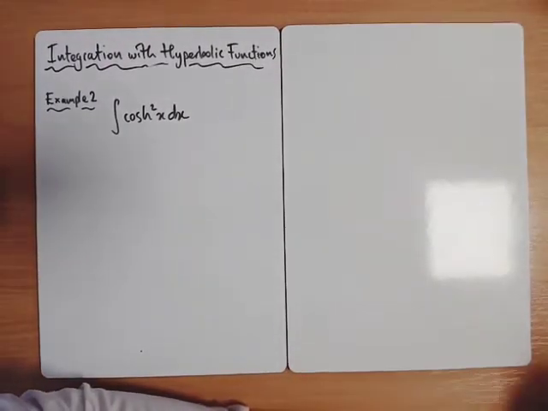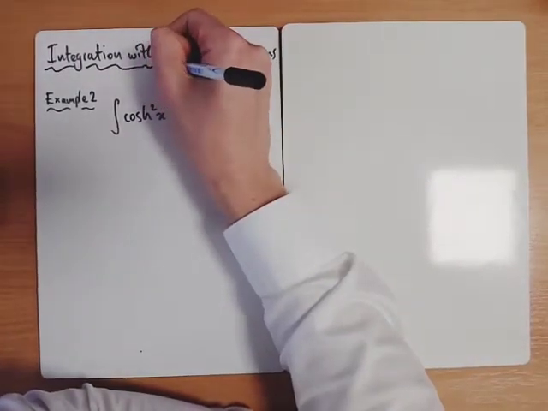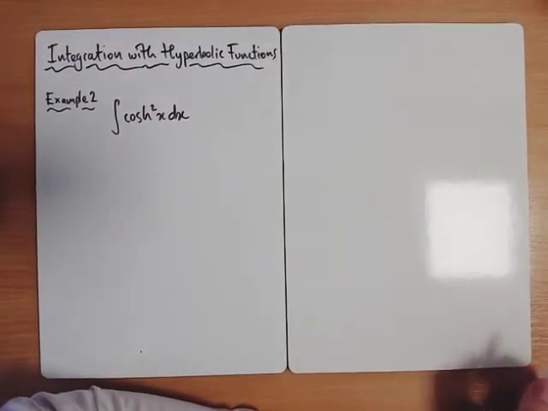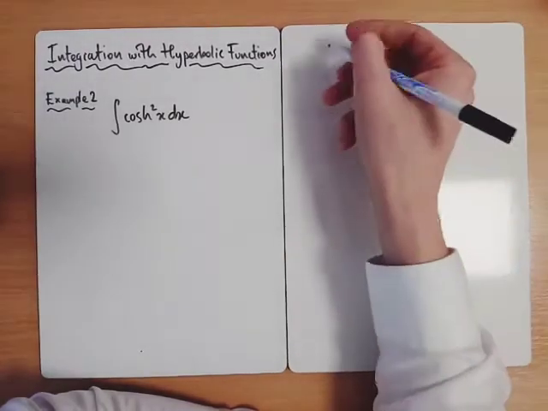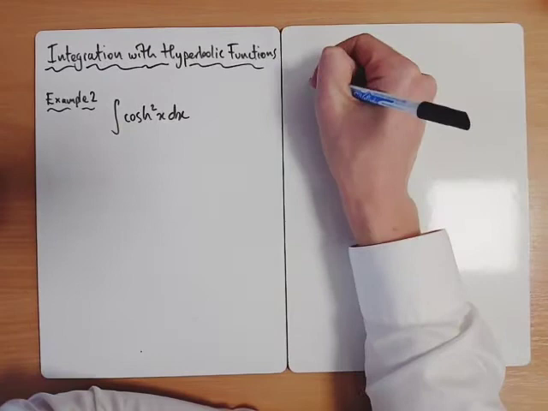Okay, next we want to integrate cosh squared. Now obviously this is very similar to the normal maths style questions. If you want to integrate cos squared, you don't integrate it directly. You want to be thinking about the cos 2 theta identity. But because we're working with the hyperbolics, you need to think about the hyperbolic version of this. Okay, so we should know